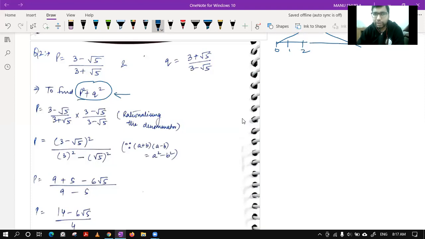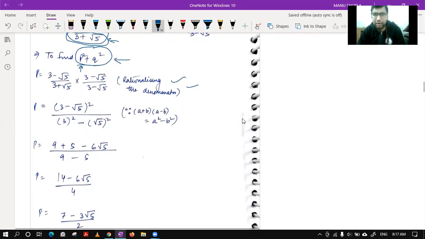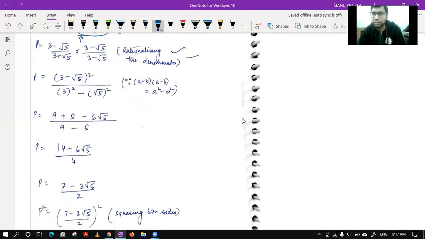So to find p square and q square, first you need to understand that p is not in a good condition right now. If I directly apply the square on the denominator and the numerator, it will take a lot of time and effort also. So before squaring, we should see that the denominator is under root, that is, it is irrational. So first we will rationalize the denominator like this, and after rationalizing you can see all the calculations I have tried to do very carefully.